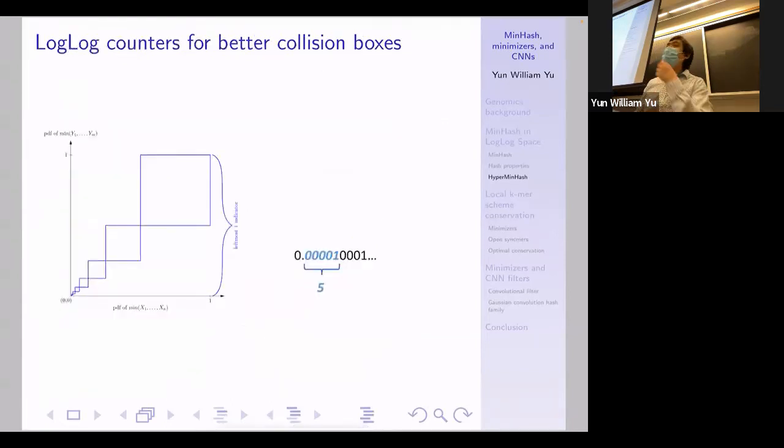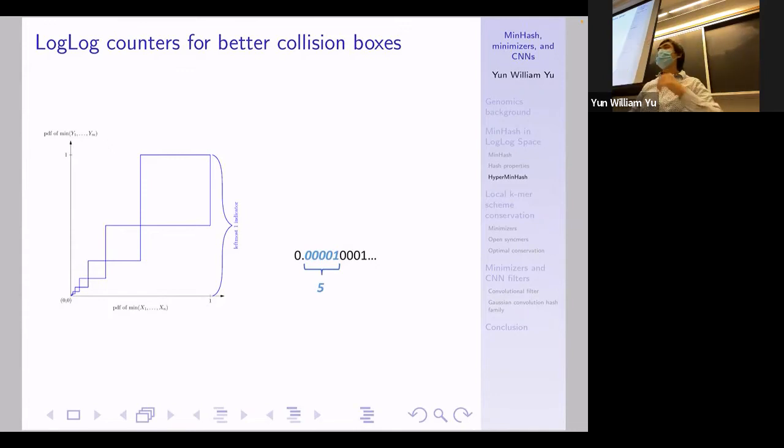And so one way of doing this is we might think, oh, well, we care more about boxes in the lower left. So we want increased resolution down near the origin, but we don't need any resolution up near the upper right. And if you think about it, if your hash function was only storing the initial one position, so the position of the number of zeros before the leading one, then you'd end up with this series of sort of